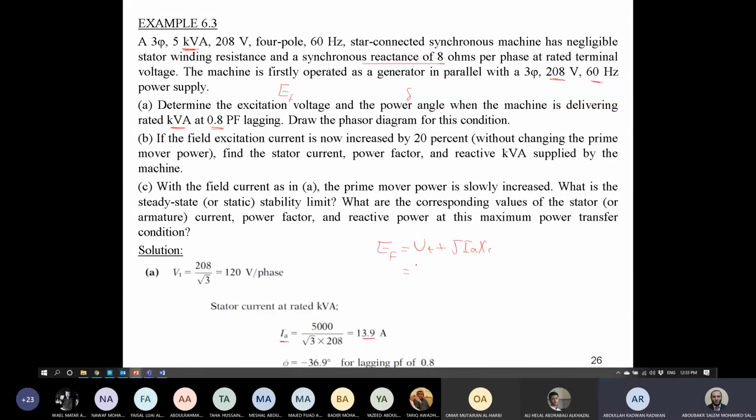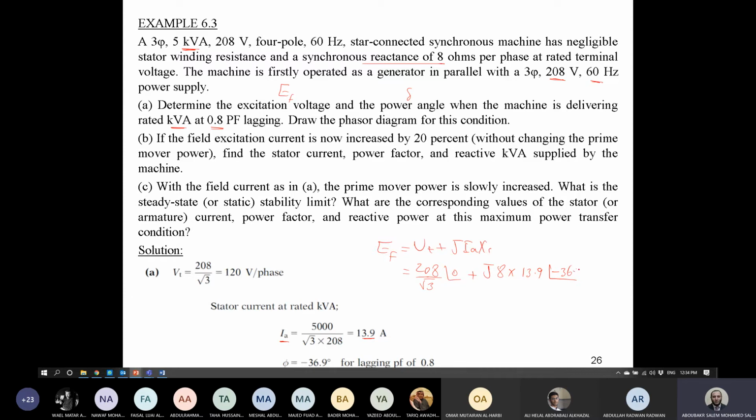In this relation, 208 is line volt, is it right? So we have to divide over square root of 3 at angle 0, plus j XS equal 8 multiplied by current. Current here is 13.9 at angle minus